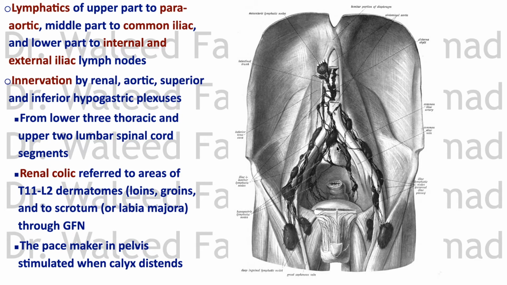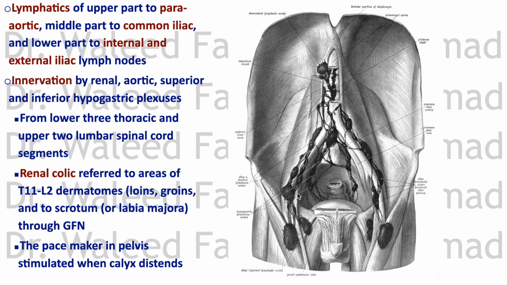The superior hypogastric plexus, we mentioned before, is at the bifurcation of the aorta. Inferior hypogastric plexuses are on the lateral pelvic wall, and we will study these plexuses with the pelvic vessels and nerves, so don't worry about it. But just wait until we reach that region. So it takes from all these,